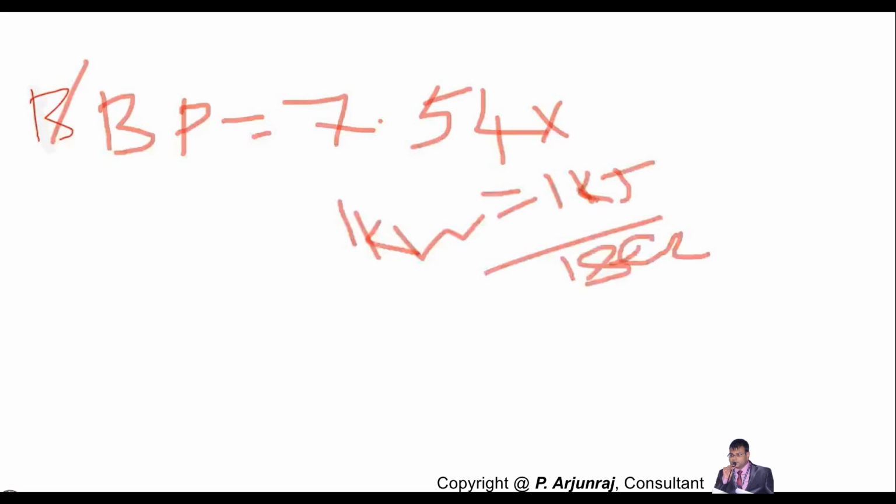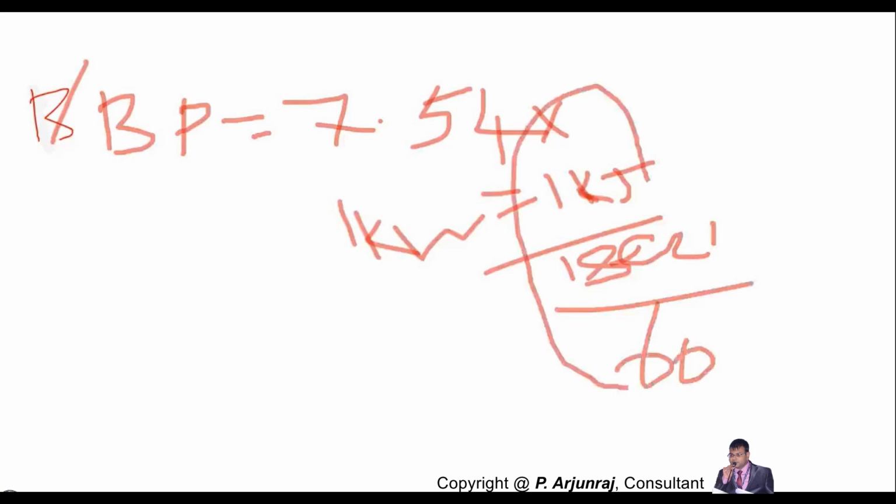Okay, so now this is in seconds. Now we have calculated in terms of kilojoules per minute. Okay, you remember we have calculated in the form of kilojoules per minute, and this is kilojoules per second. So how many seconds will be a part of a minute? When you convert that into a minute, you multiply by 60. Okay, so this 60 will go up here. So that's why you need to multiply this 7.54 into 60. You get